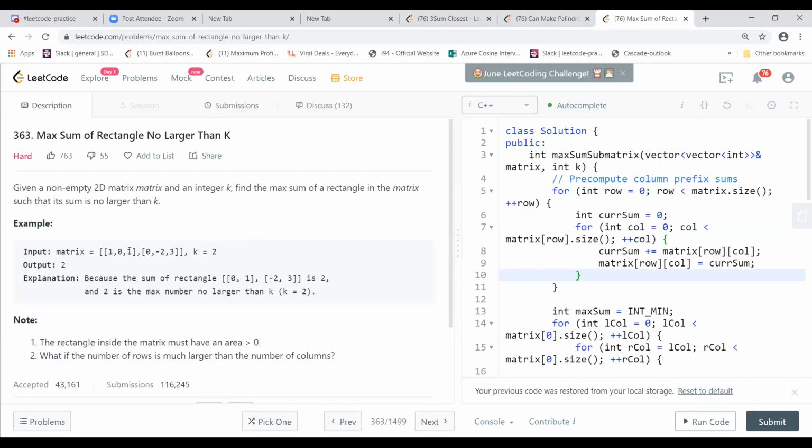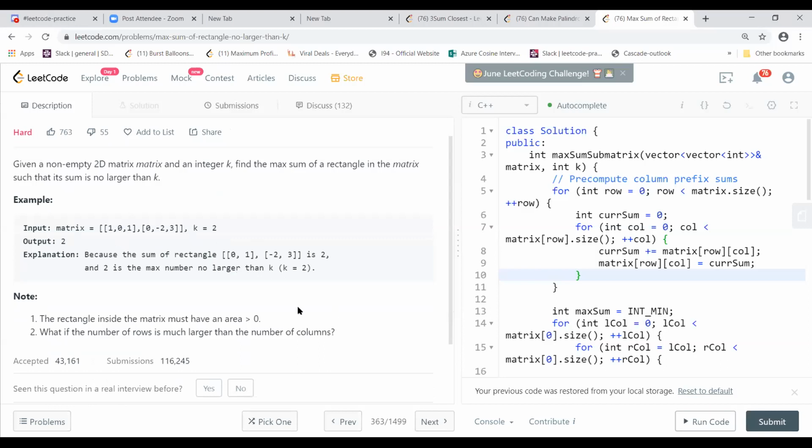So in this matrix where we have 1, 0, 1, 0, minus 2, 3, we can form a sum of value 2 by using these 4 elements: 0, 1, minus 2, and 3. And that is the max number which is not larger than k. So you can have a value equal to k, or lesser than k.